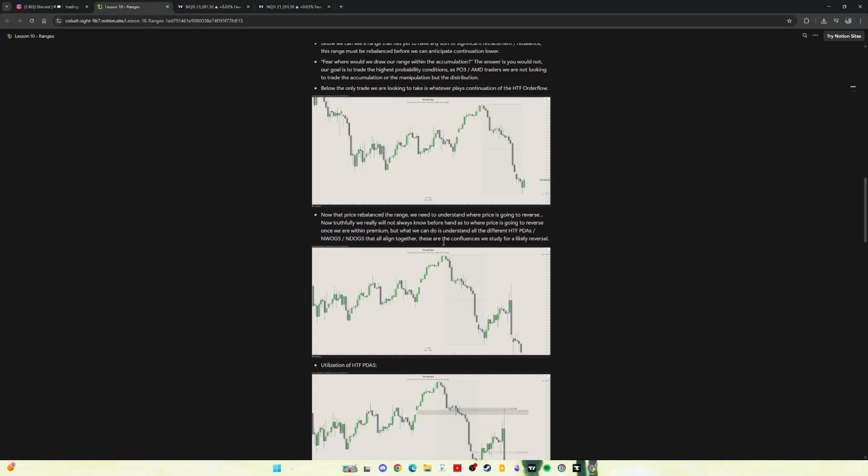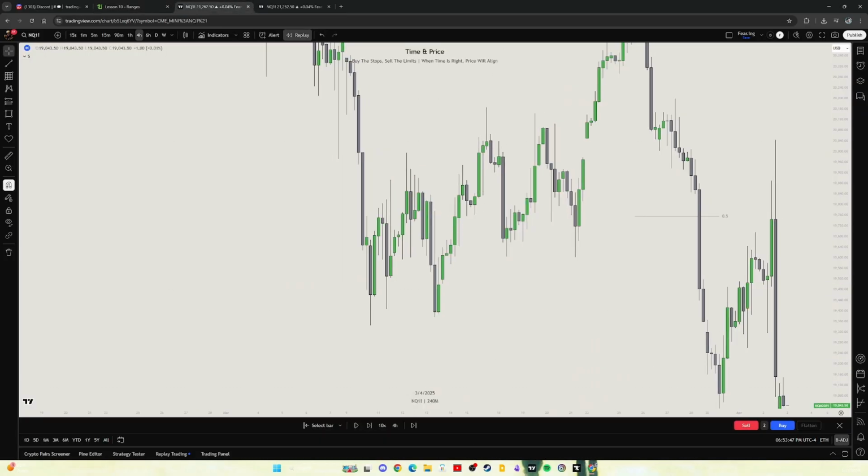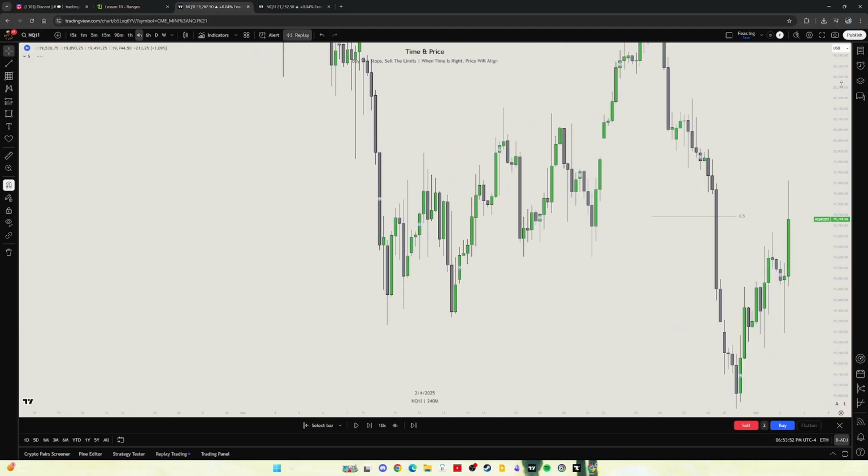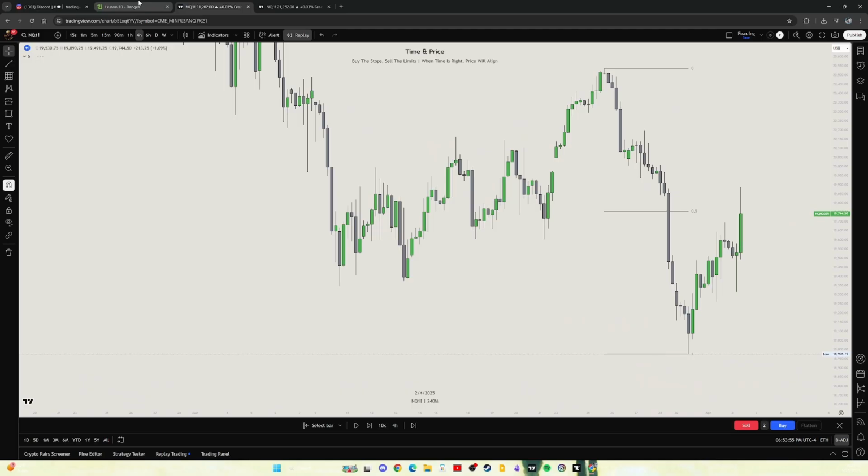But from there, we have to understand, well, as we can see right here, when price seeks out equilibrium, we want to understand what is going to cause price to reverse once we are within premium. And you might want to know, where is price perfectly going to reverse? Truth is, we aren't always going to know. Our job is to react based off of what the market gives us, our reaction off of certain PD arrays, certain confluences that form within premium, and so on. So in this example, we can identify different PD arrays in premium that all align together,